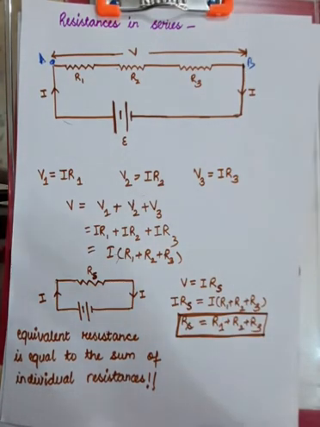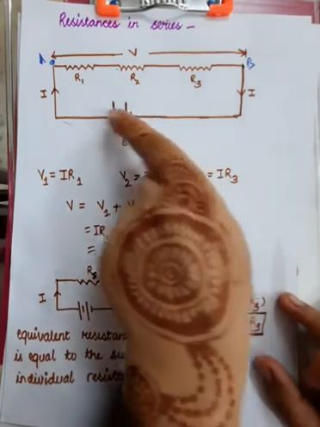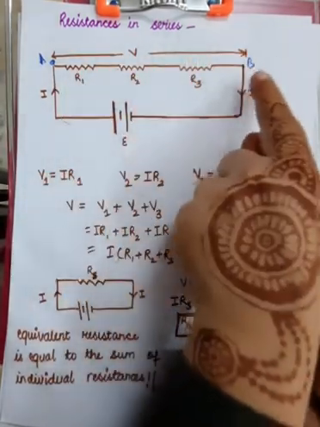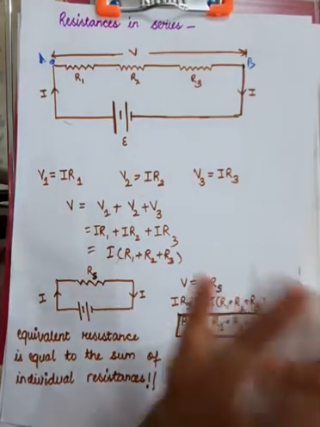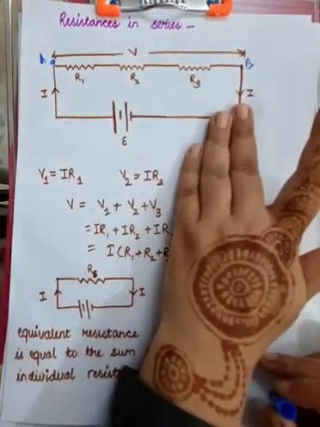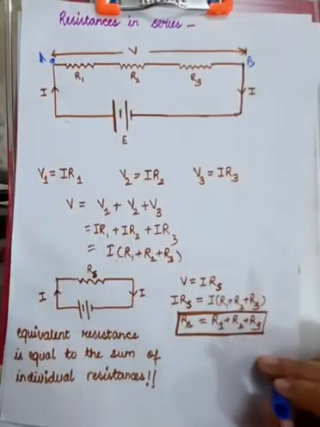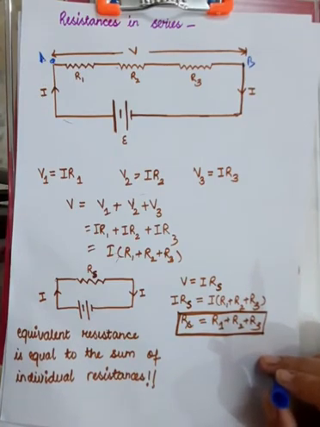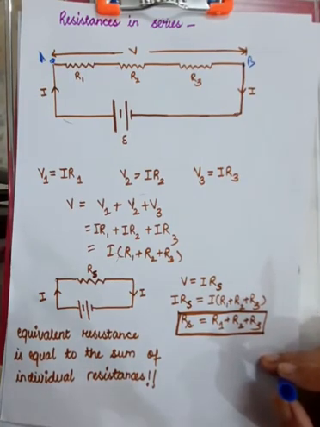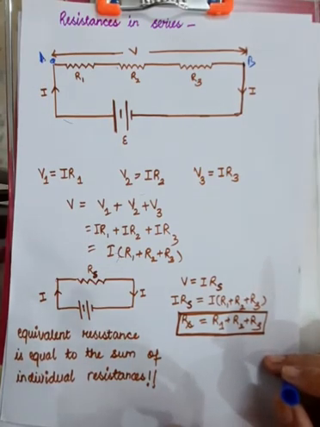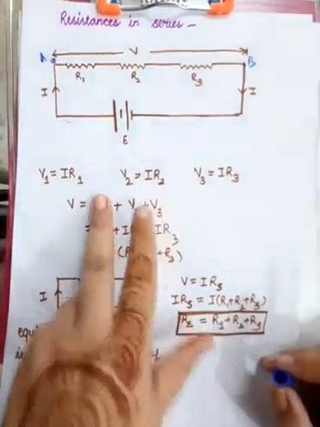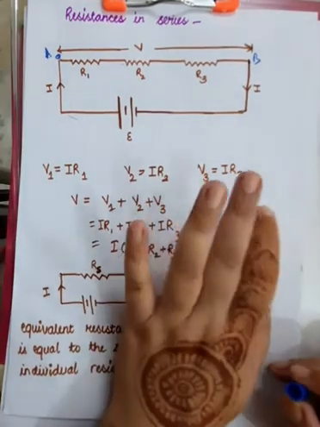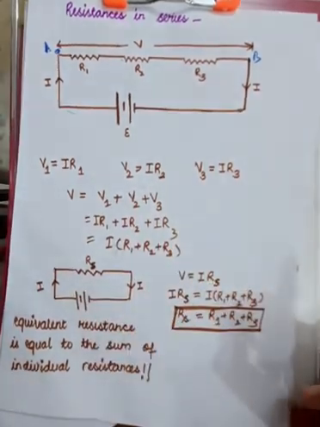And then you know that charge can neither be created nor be destroyed. So whatever charge has gone from here will be the charge that will come here. It will keep on circulating. So see, you have three different resistors, and the current flowing through this entire combination is I only. So the potential drop across these three resistors will be different. It will be V1 equals IR1, V2 equals IR2, V3 equals IR3 because of Ohm's law.